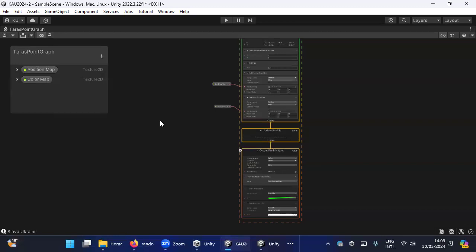Also, you will see that by default, Polycam gives you the object rotated by 90 degrees. So you might want to